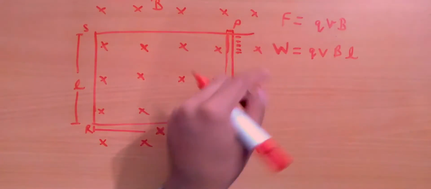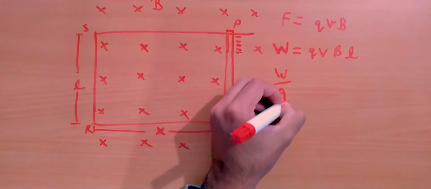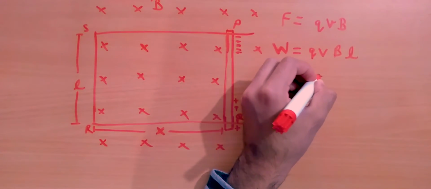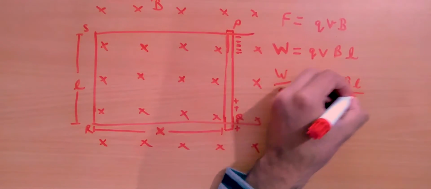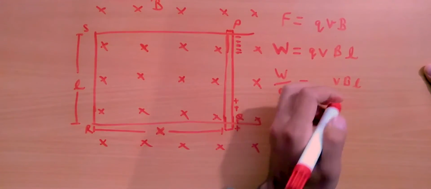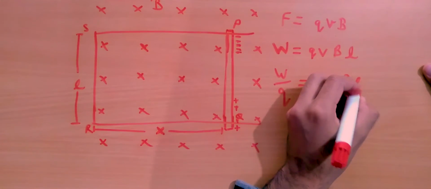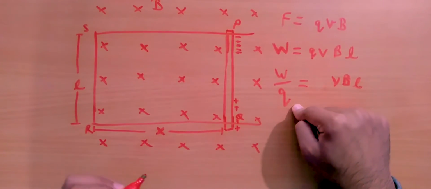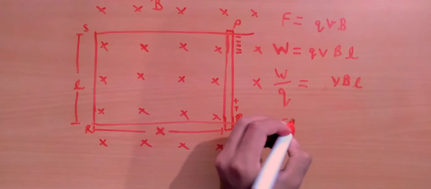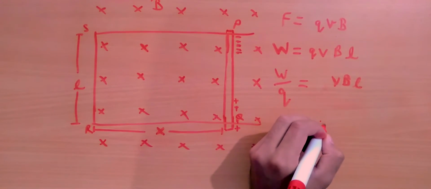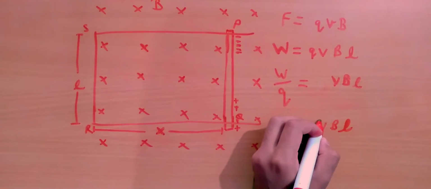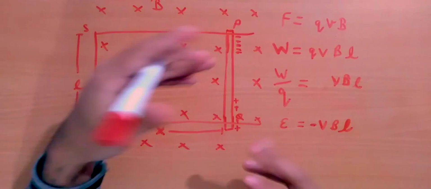So this is the work done on the charges, and if we find the work done per unit charge, W divided by Q, we get QVBL divided by Q, and the Q and Q cancel, so we are left with VBL. Now what is work done per unit charge? Well, that is nothing but potential difference, EMF, right? So that can be replaced by the letter EMF. EMF equals VBL, right? And then obviously you can put a negative sign to indicate the direction or the polarity according to